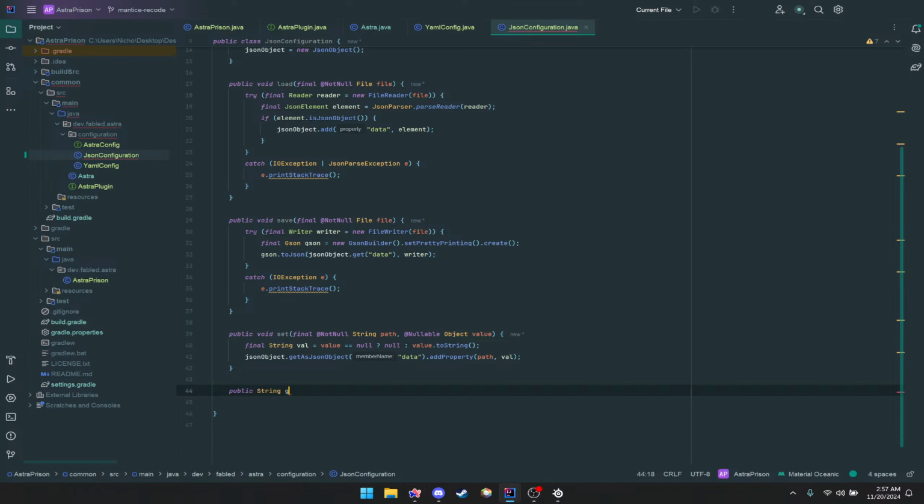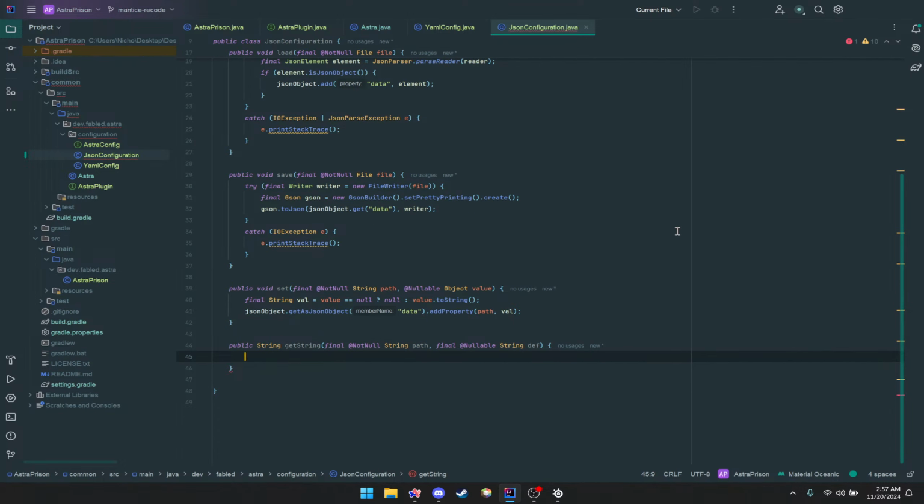Alright. Get string. Get path. And an optional parameter to pass in a default return value if that path doesn't exist in the file. So, sorry, data dot has path and